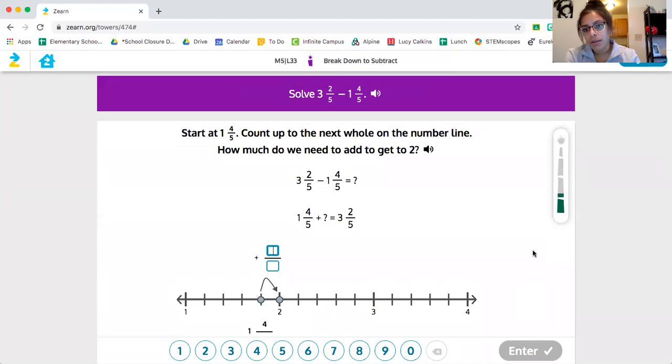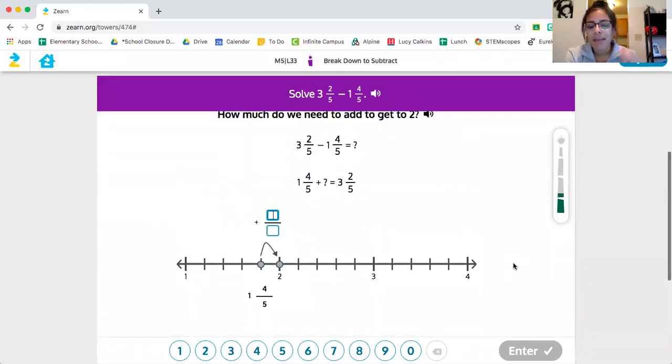This is where our number line comes into play. I'm going to start at that 1 4/5, and I'm going to use this visual to assist me in figuring out, well, how many jumps do I need to make to get to that 3 2/5 that I started with? When we think of subtraction, right? We start with that and we work our way down to subtract, but we know that sometimes subtraction can be a little bit more challenging. So that's why we can flip this problem and think of it from an additive standpoint